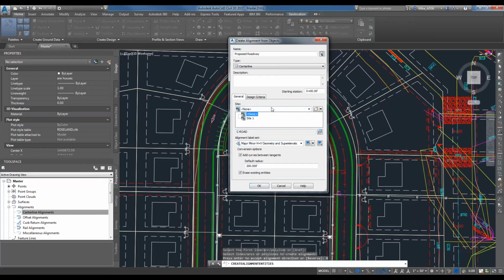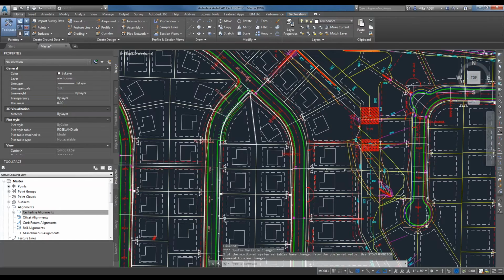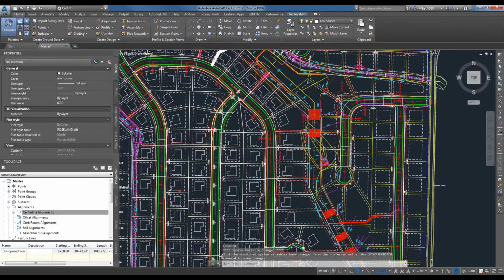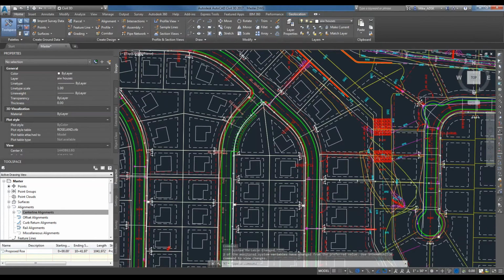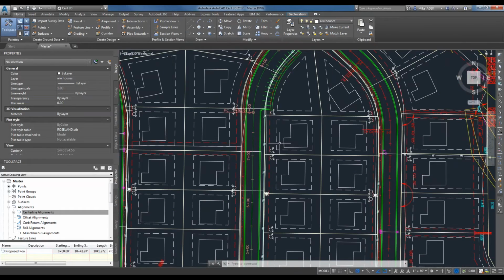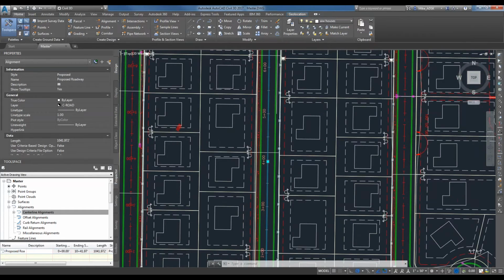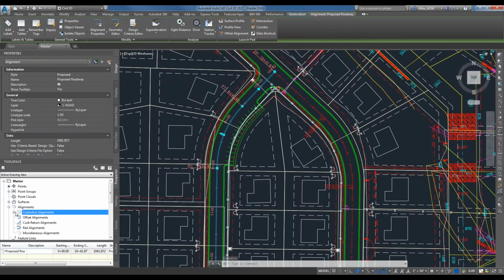You can decide sites. I'm not going to touch on sites right now though, but alignment style, since this is a new alignment, I'm going to use that proposed style. And I'm going to keep most of these pretty default. Now you'll see that I have that red line turn into this green line, and I was like, well, great, now it's green. What's the difference? Now, if I were to go to the tool space down here, you could actually see that